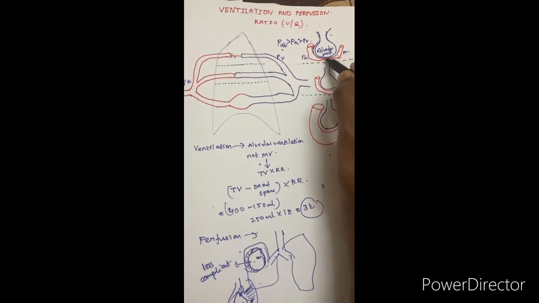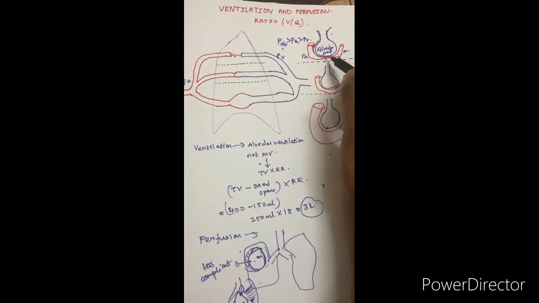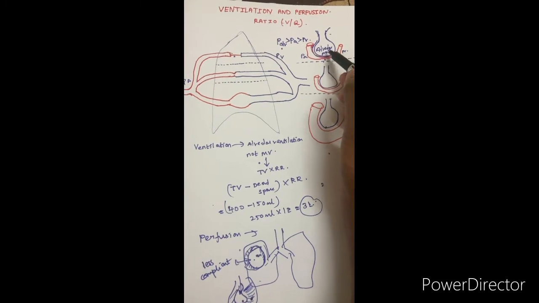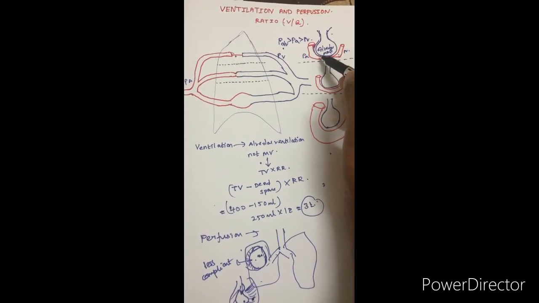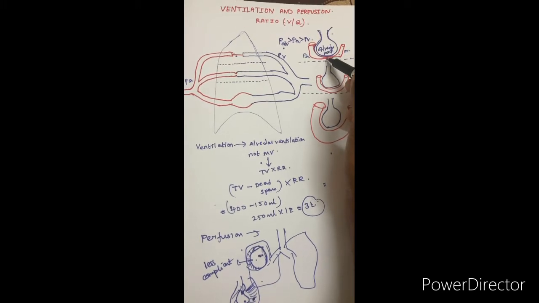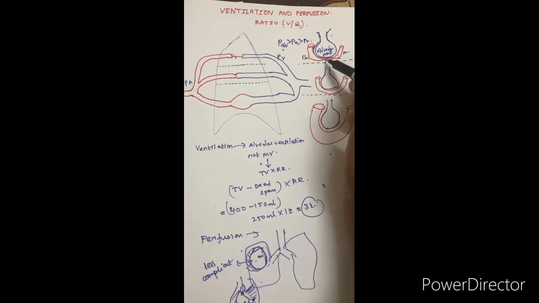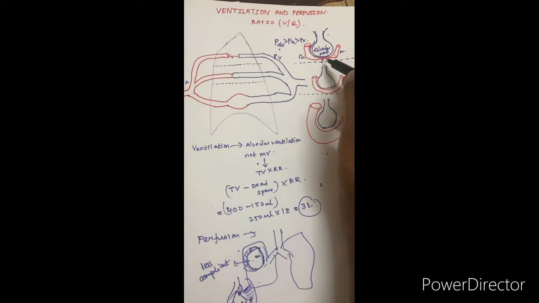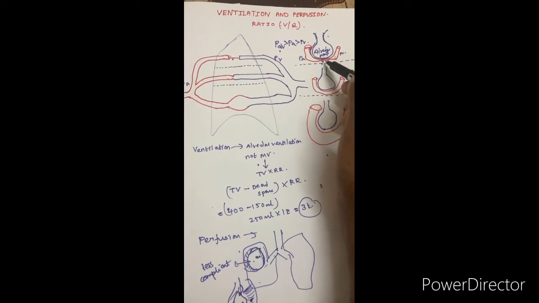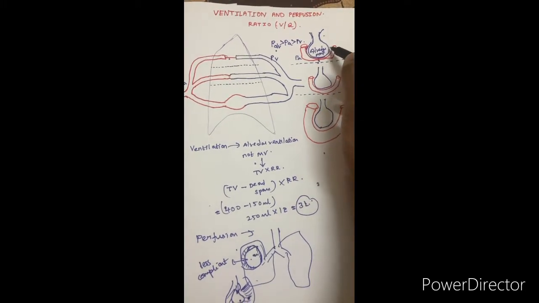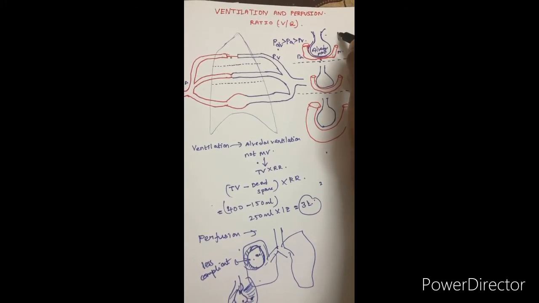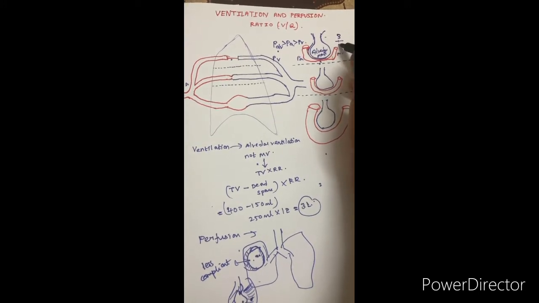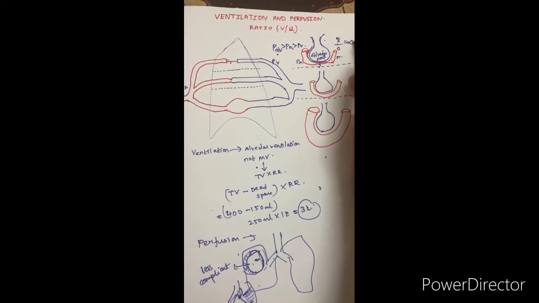So the blood flow to the apex of the lung depends on your alveolar pressure. If the alveolar pressure is more, it will cause direct compression over the pulmonary vasculature, so blood flow will not happen there. So there will be absent blood flow. So how will you calculate the ventilation by perfusion ratio? Ventilation is approximately 3 liters, perfusion is nil, 0, so it means infinity.